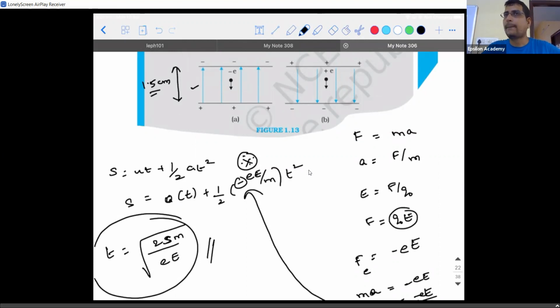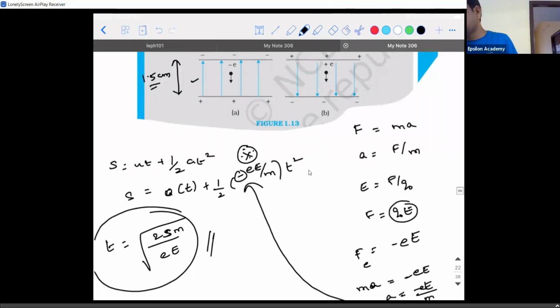But what is different? Mass of proton is different from mass of an electron. Proton is heavier. So which one will take more time? Time is directly proportional to mass. So proton should take more time compared to an electron. That's what they're asking. Values you people calculate. Okay, anyway, this is a solved example. You can again go through it. If there is any doubt, I'll clear it tomorrow.